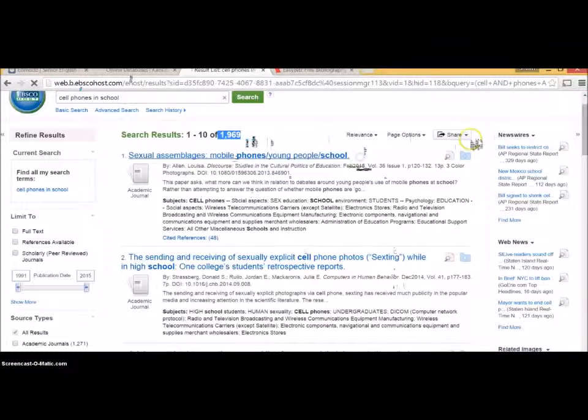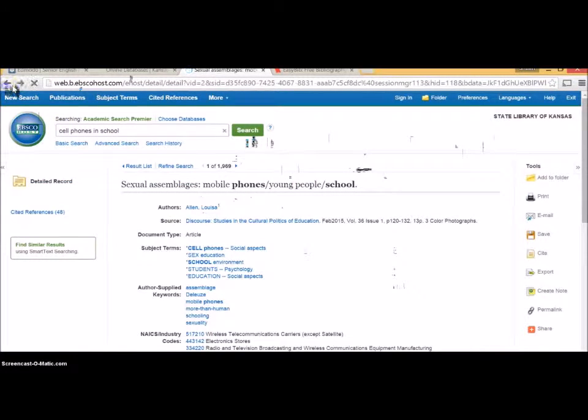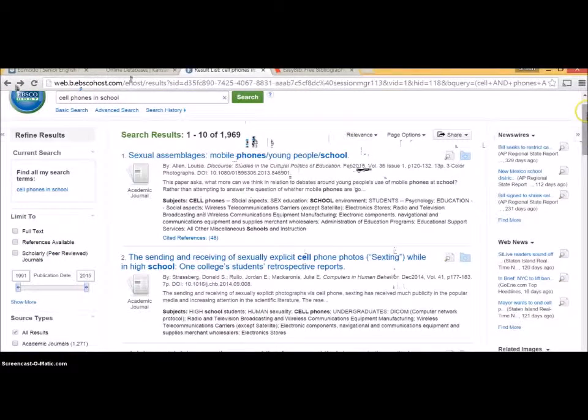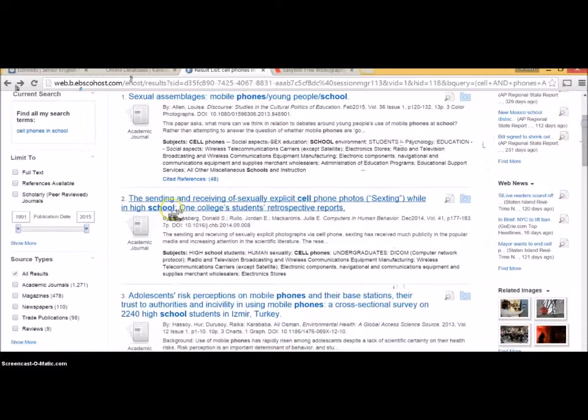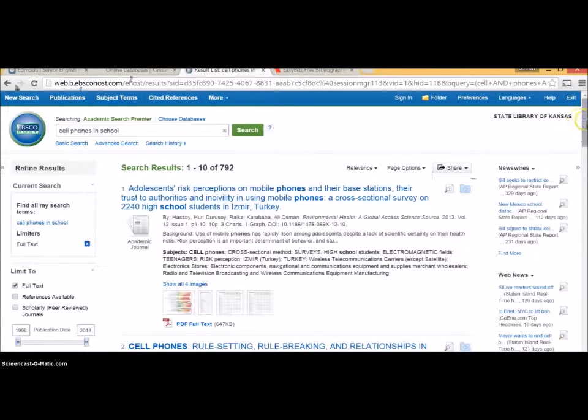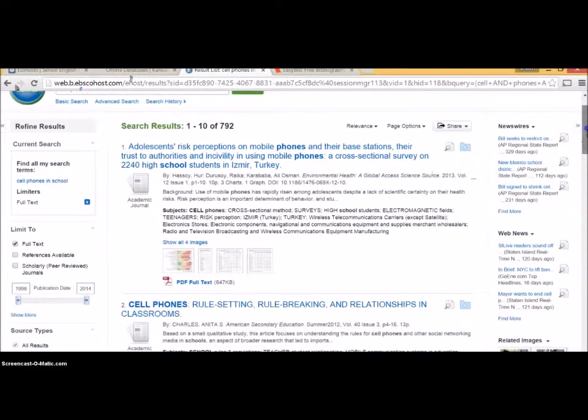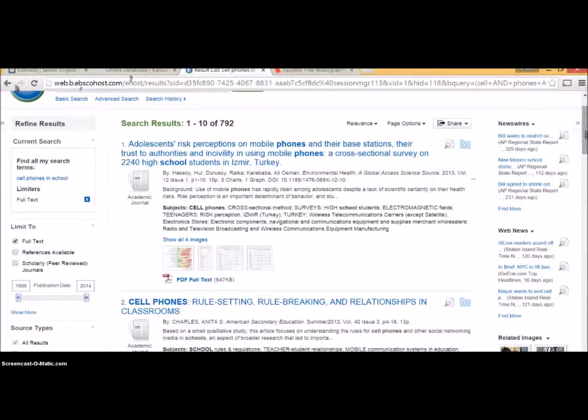Well, that's good, but at the same time, that might be a little intimidating. So let's streamline it a little bit. Like I said, for the purpose of this assignment, we're focusing on finding academic journals. So let's start to limit your search. You go over to the left right here, limit search or limit to, click on full text. And now it's only going to bring up links to articles that include the entire article, the full text of